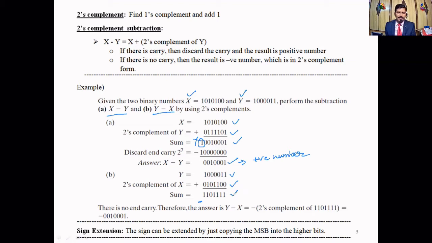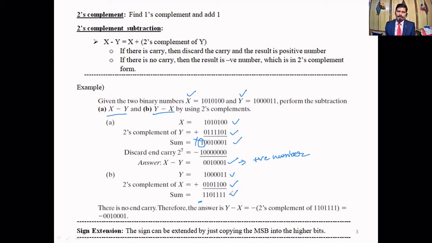So this is the sum. Here there is no end carry. Therefore, the answer is y minus x equal to minus 2's complement of this one. That means the computer knows that the value is minus 17. Right. But if you want to know